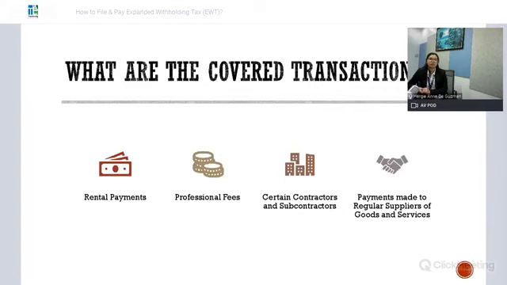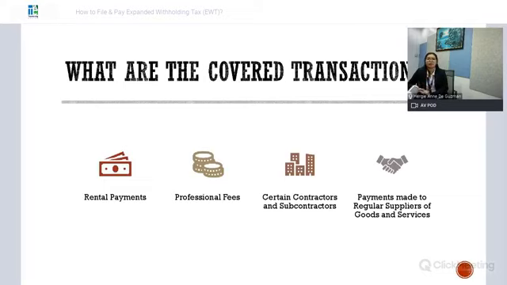This certain contractors and subcontractors, medyo broad siya. Broad yung kanyang definition or yung scope niya sa Revenue Regulation 2-1998. So, doon po kasi nakalagay sa Revenue Regulation na yun yung lahat po ng income payments na subject sa expanded withholding tax. So, example po ng mga contractors and subcontractors na